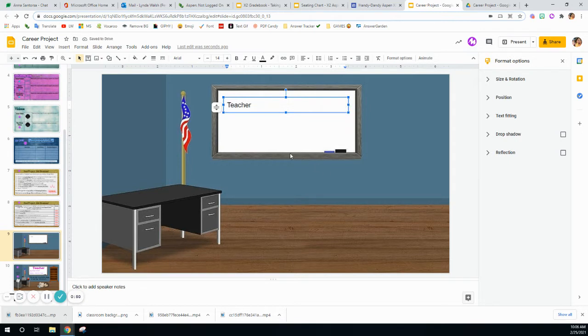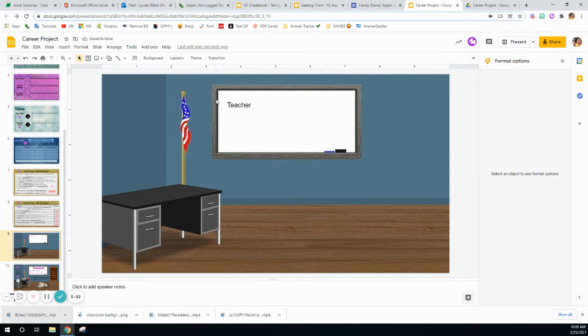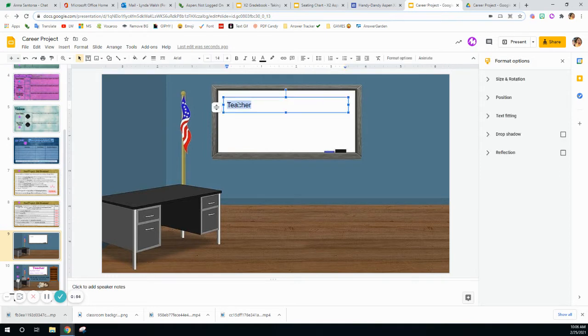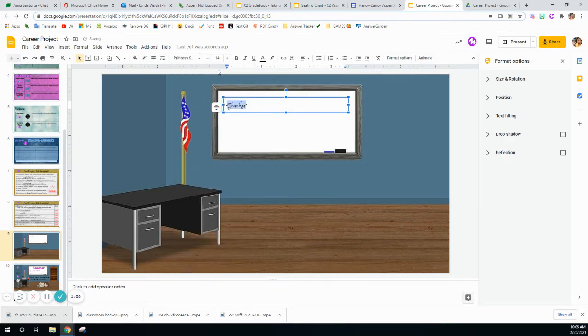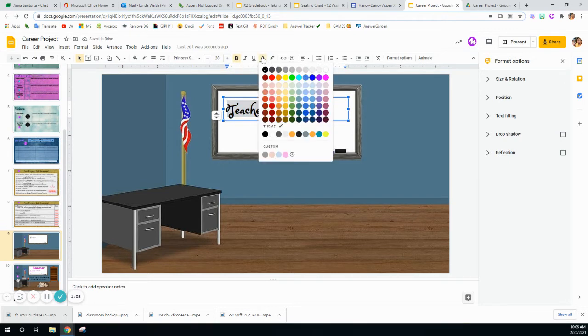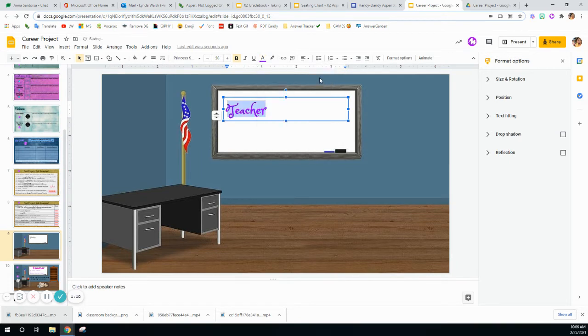Okay. Now that I have my word teacher, that is kind of boring. So I'm going to actually double click on my word. I'm going to change my font. Let's use Princess Sophia. I'm going to make it much bigger. I'm going to bold it, and I'm going to make it a color, text color right here. I'm going to make it a bright purple. Okay, so now I have a title for my